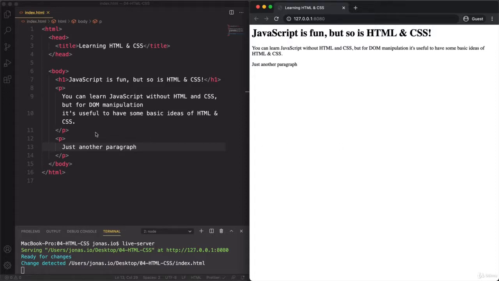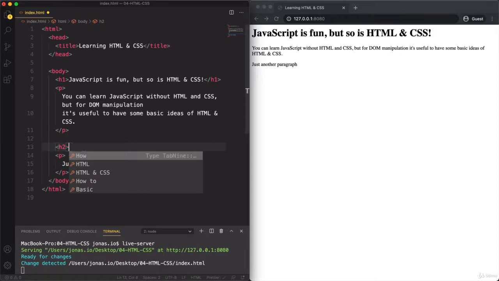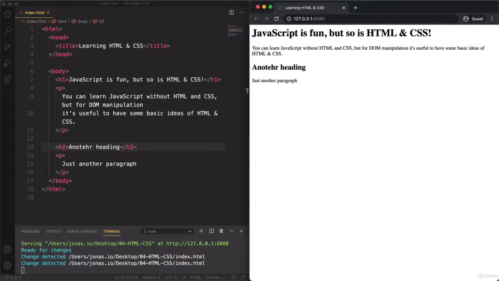Anyway, let's take a look at another heading here. As I was saying, there is not just H1, but also other types of headings. So let's simply put one here. Let's say an H2, another heading. And as you see, this one here is a bit smaller than this one. And if I change it to an H6,